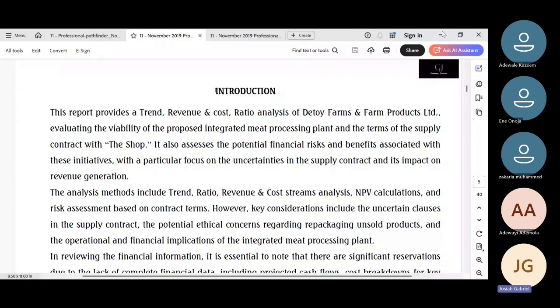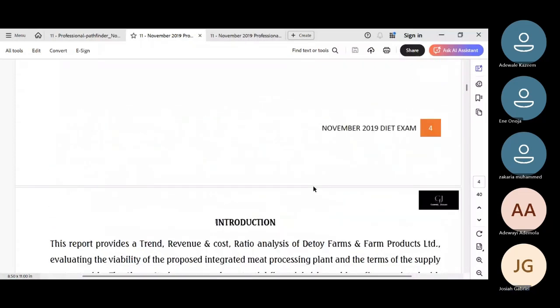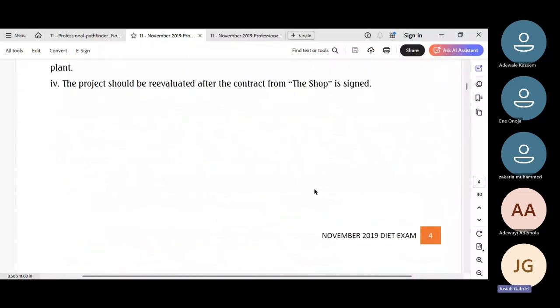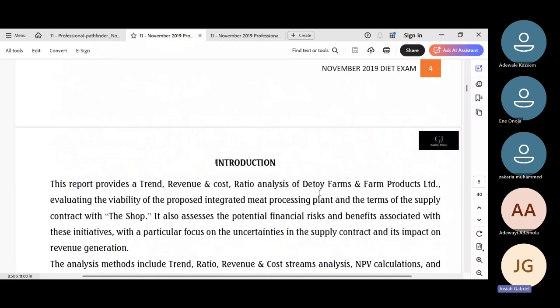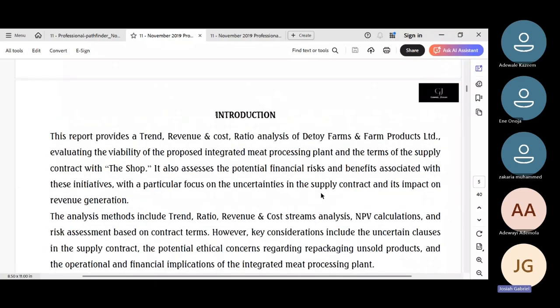Okay, so don't forget, if you have questions, please pen them down and ask very freely on the issues we spoke about. Okay, so the introduction page is just 2 marks. Some people ignore it, but then you don't know when 2 marks will help you, especially when you are toggling between 48, 49. So this introduction page, you're just trying to say, this is what the project is all about